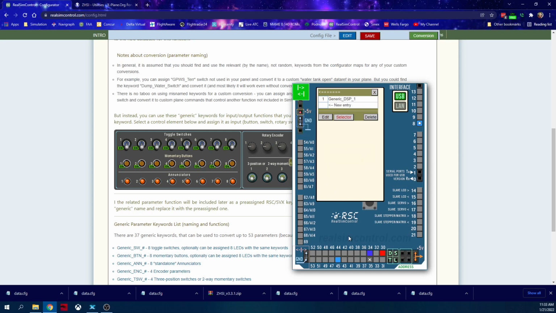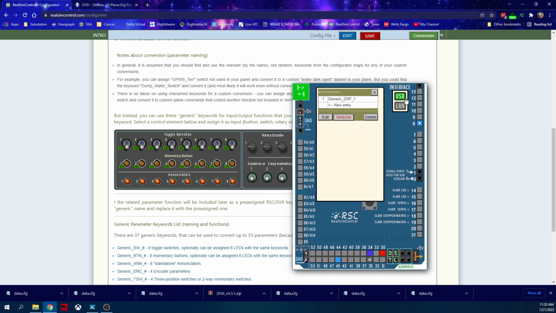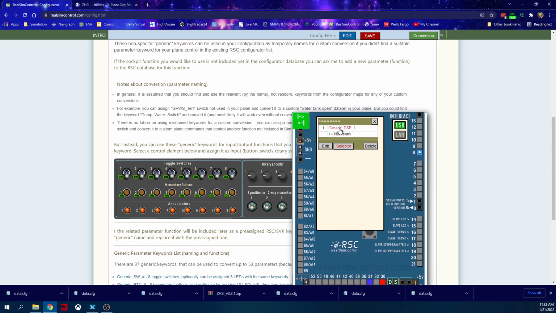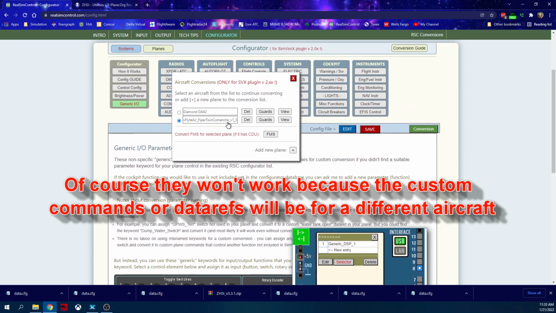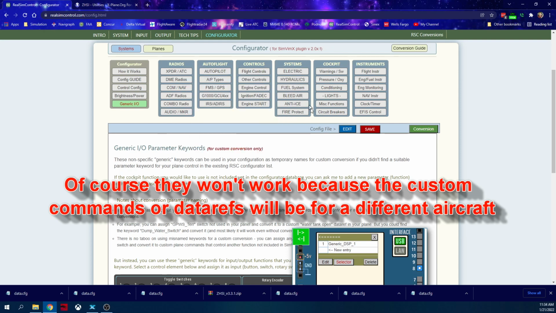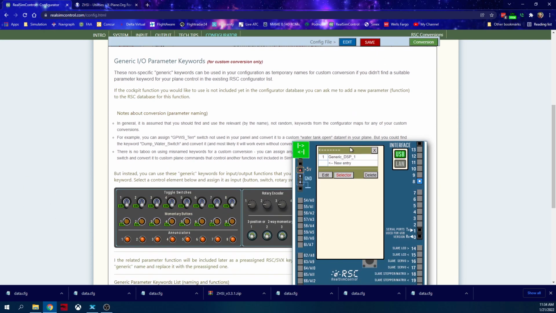For the encoder, we need to find out what the conversion is for that one. And remember, once again, when you start adding things for the conversion, you need to make sure the proper airplane is selected right here before you make the conversions. Otherwise it'll go to a different airplane, and you won't know. You'll have to look back and see which one you put it on. So we're going to go to multiplexer number 8, and we're going to do the encoder first